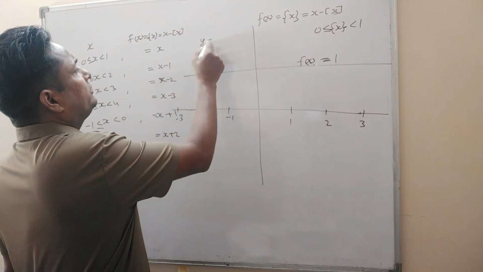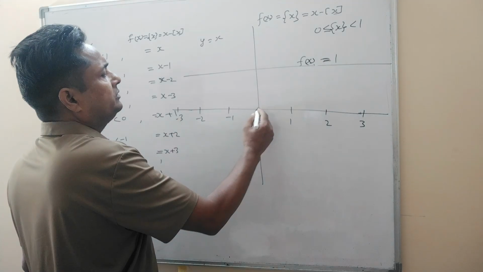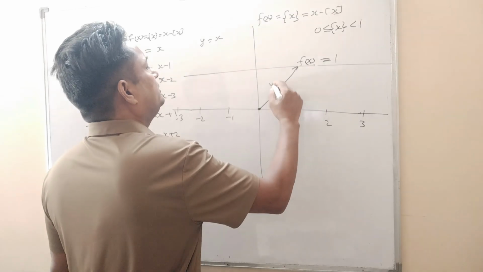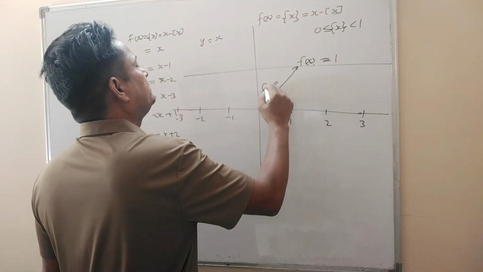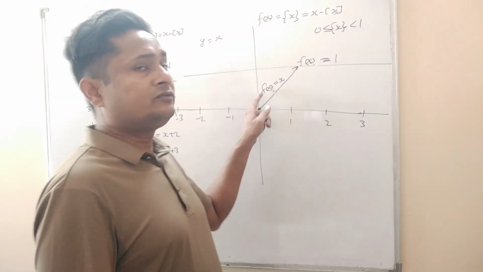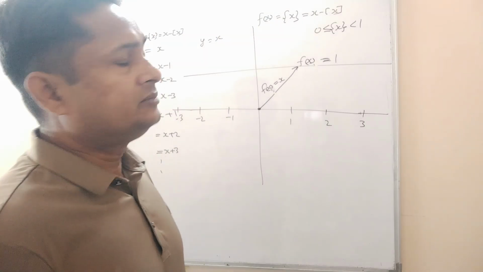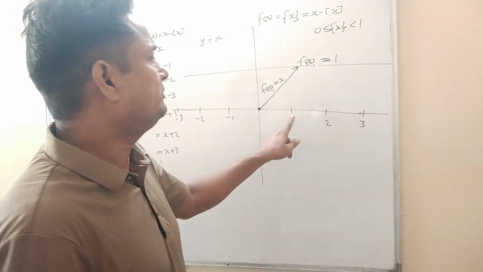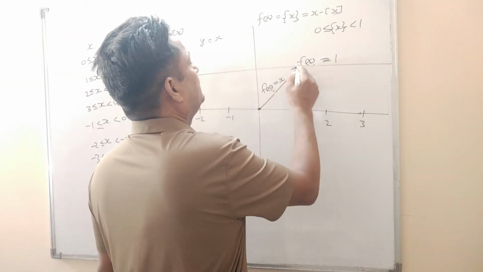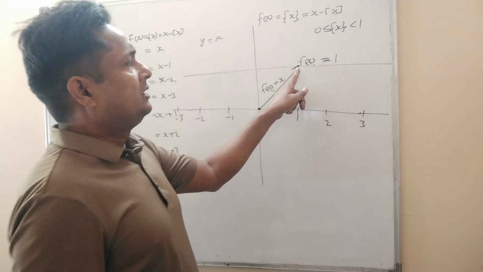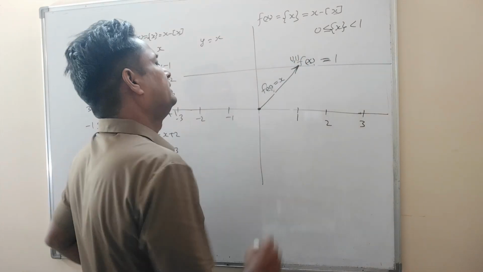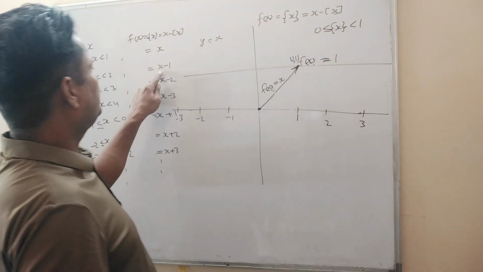The graph of this will be y equal to x, and the line will be like this. f(x) equal to x, that means this is y equal to x, a straight line passing through the origin, and at 1 its value reaches up to 1. This point will be (1, 1). Now in 1 to 2, the graph of the function will be